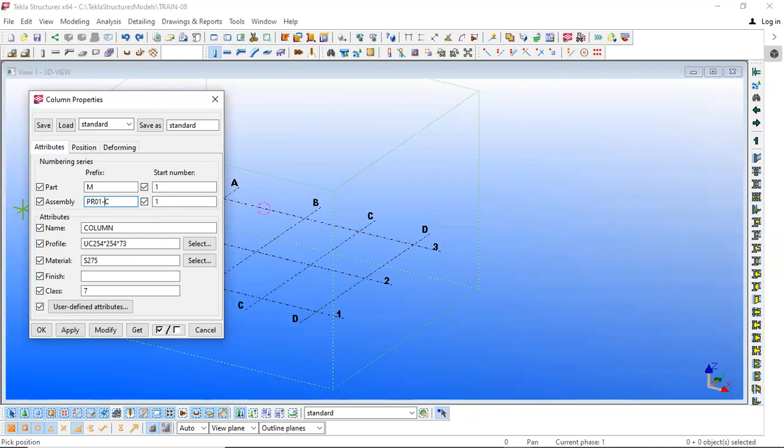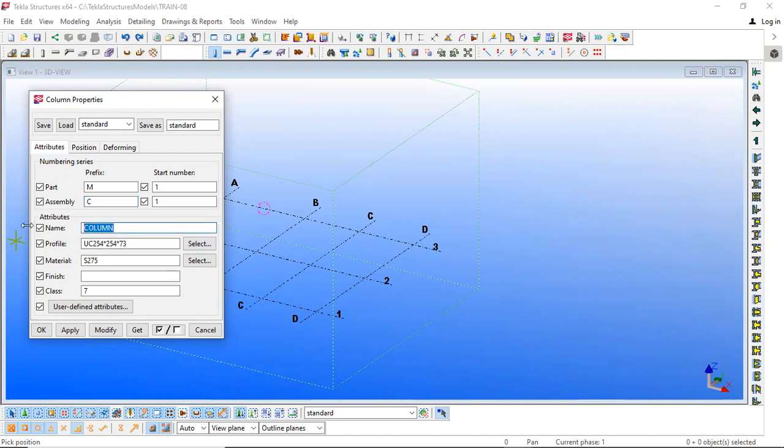PR01 refers to a certain module or certain rack. If that naming is required by the fabricator, then we have to go as per the norms given by the fabricator. If nothing is there from the fabricator, then we will simply keep it as default. So these are the default settings.